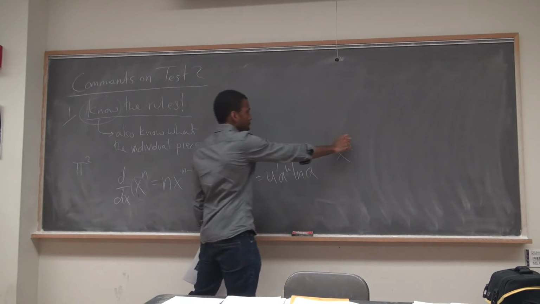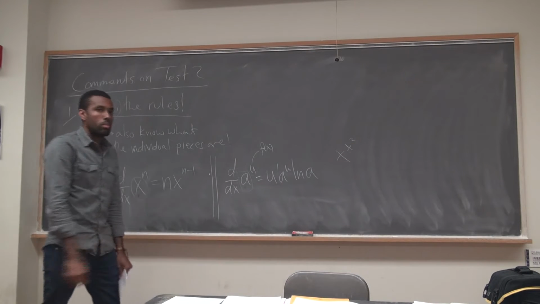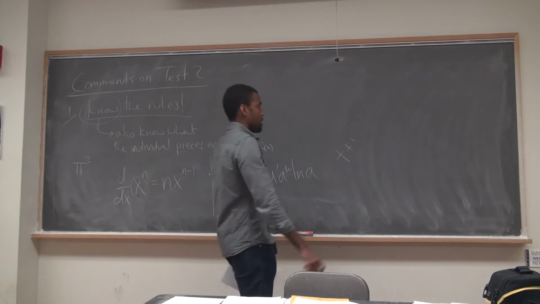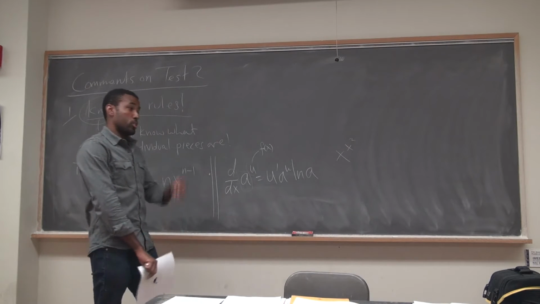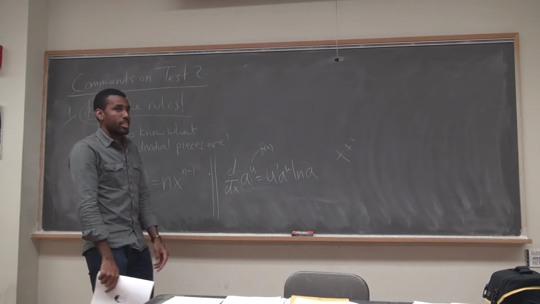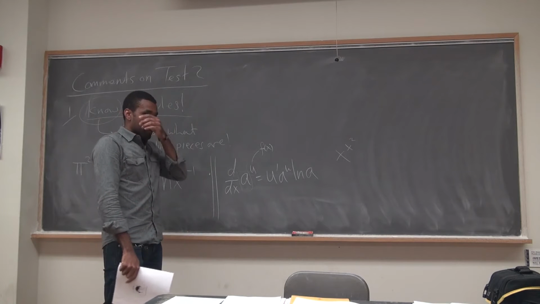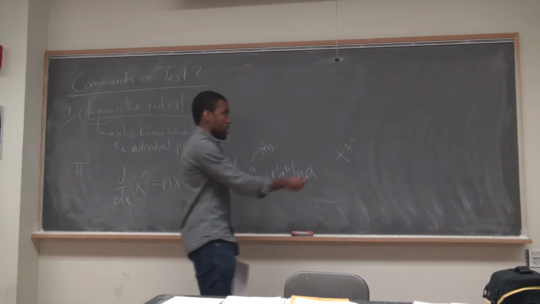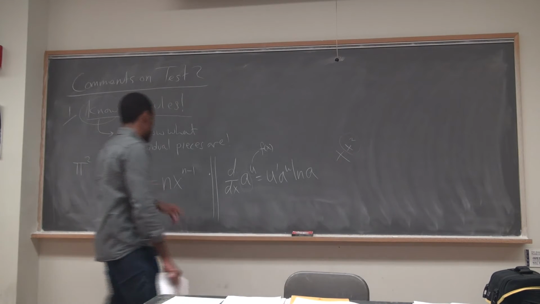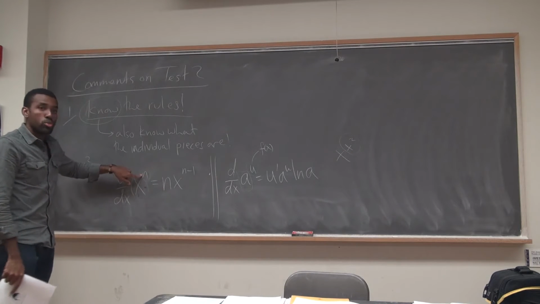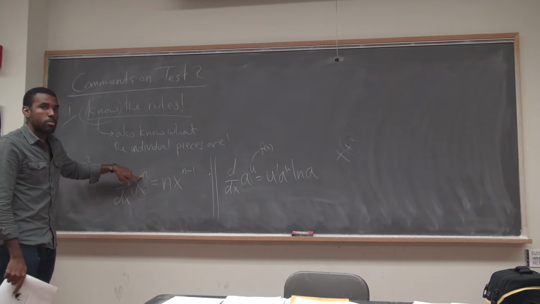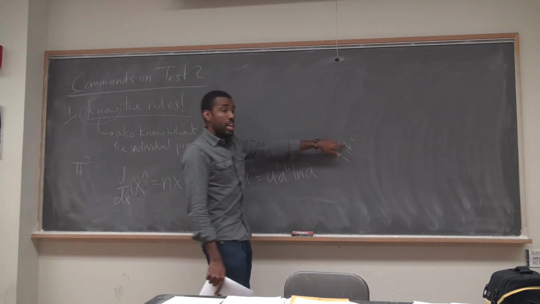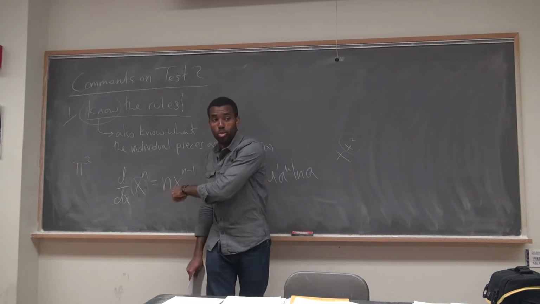I think I put something like this. A log differentiation. Remember when we did log differentiation, I told you there are two situations in which we want to use this: if the power is a variable, or if doing the quotient rule is super annoying. So here's a case where your power was a variable, meaning this rule did not apply, because for this rule to work, that has to be an n. It has to be a constant. That is not a constant. That rule does not apply anymore.